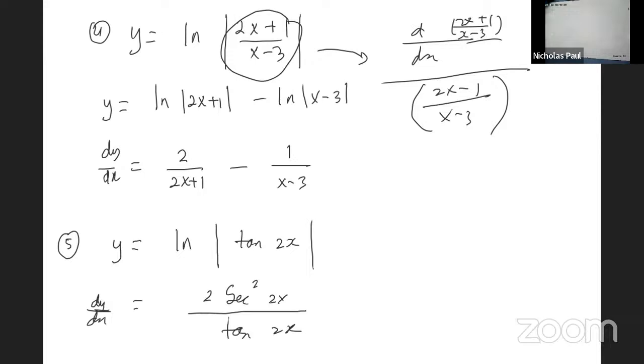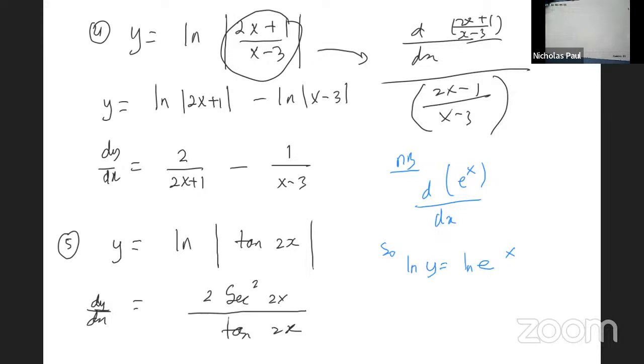Look at it. There's something I want to note, right? I don't think I showed this in the beginning. Suppose I ask you to differentiate e to the x. We know the answer is e to the x. That's okay? But there's a way for us to do that as well. If I told you that y is equal to e to the x, there's a way for us to actually show that. If I were to take ln on both sides,